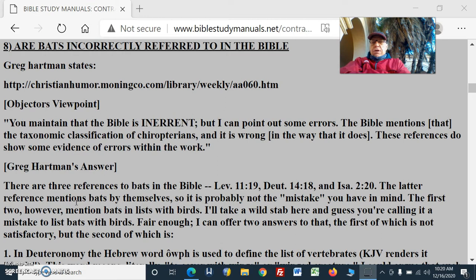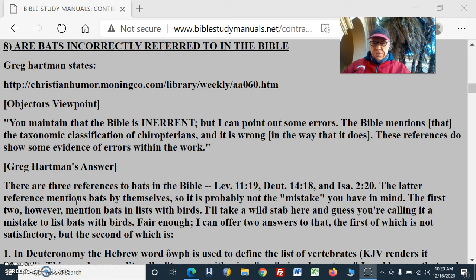And that's another point of contention, and they just want to pass it off on us, Christians, to investigate whether this is the case. It takes one sentence to make an objection, and it takes many pages to prove it right or wrong. So the objector's viewpoint is, you maintain that the Bible is inerrant, but I can point out some errors. The Bible mentions that the taxonomic